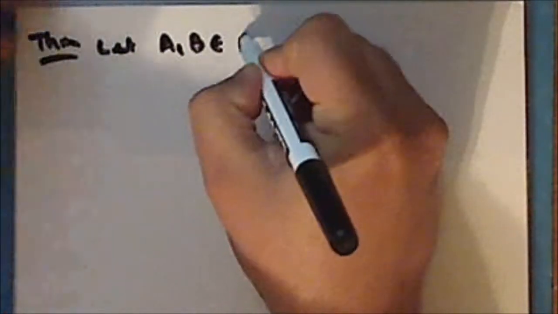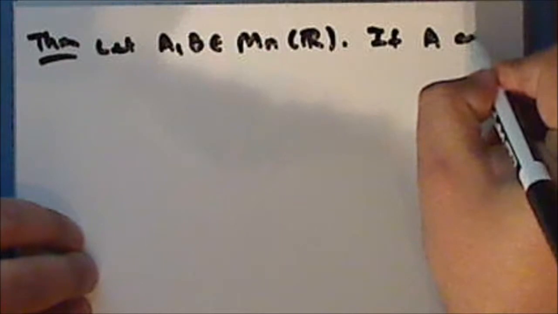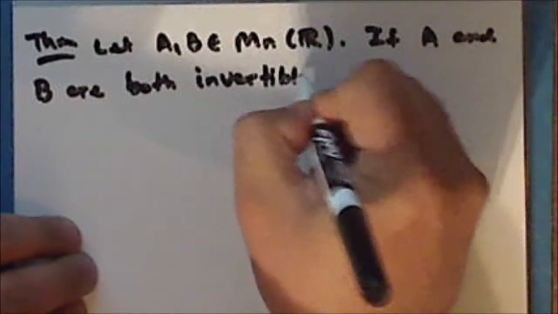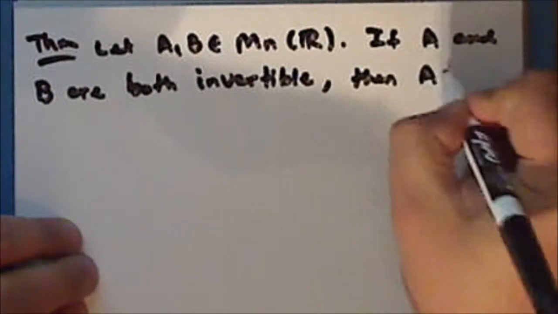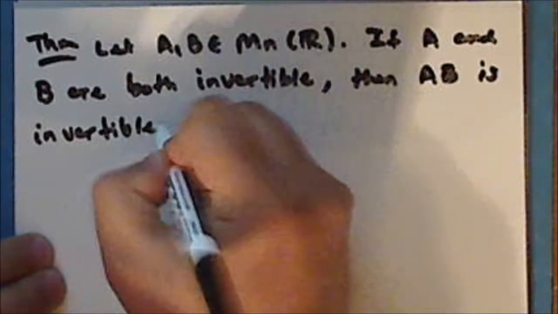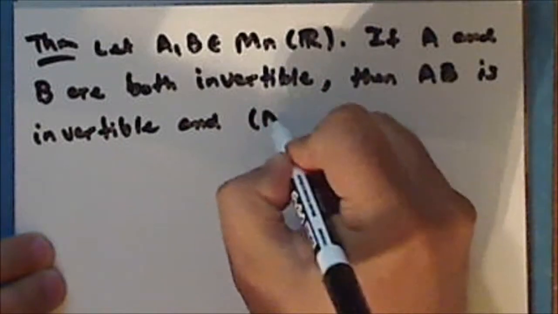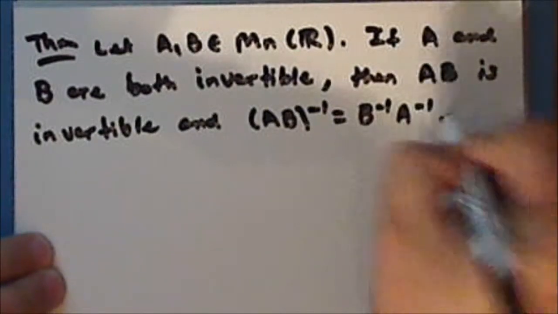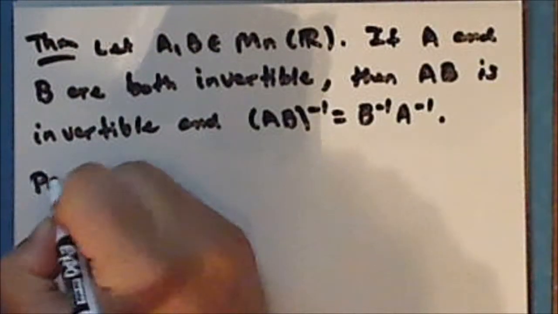So next we'll prove a theorem. Let A and B be square matrices of order n. If the matrices A and B are both invertible, then the product A times B is invertible, and in fact the inverse of the product A times B is the product of the inverses in reverse order. So proof: